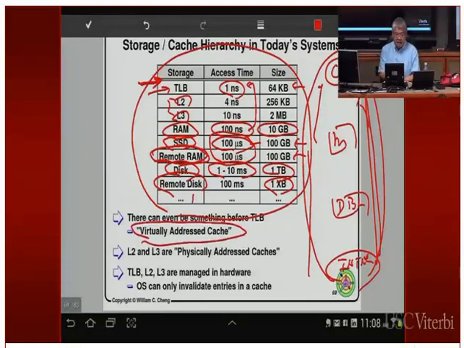Okay, so anyways, this is not the end. There actually can be multiple levels of additional caches that are here, that are there. There are also things like the instruction cache that just caches the instructions inside the CPU. All right, anyways, the TLB, so anything above this line, these things are managed inside hardware. Okay, and the only thing that the OS can do is to invalidate entries in them. All right, and the CPU will have a special instruction for you to invalidate these caches.